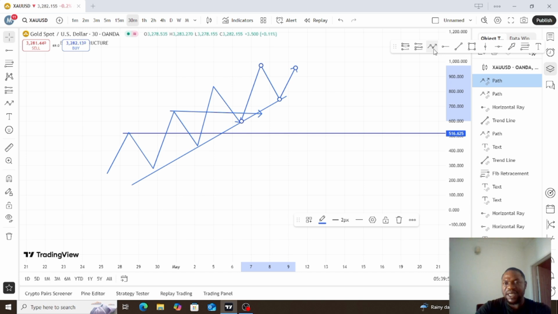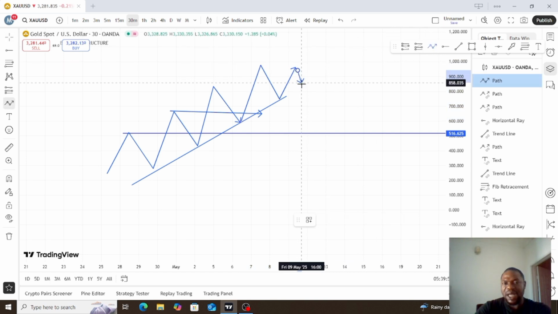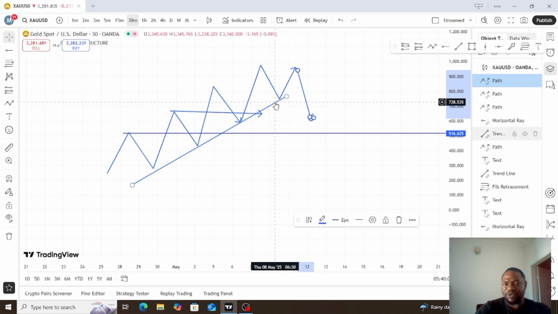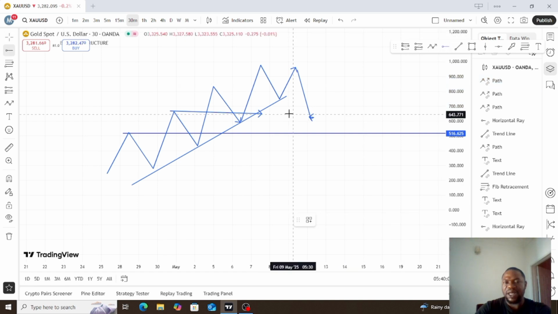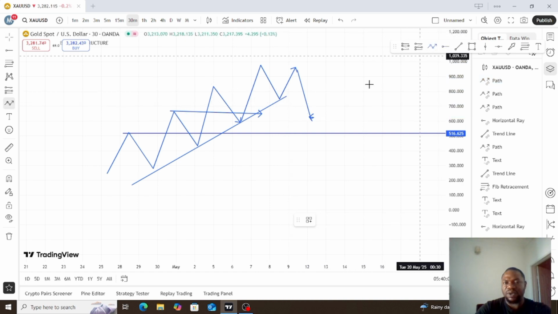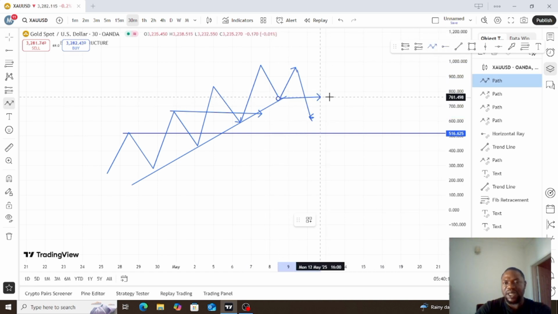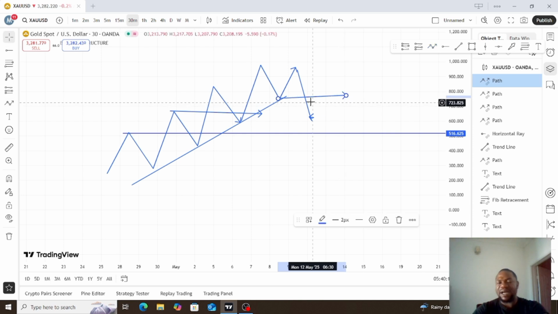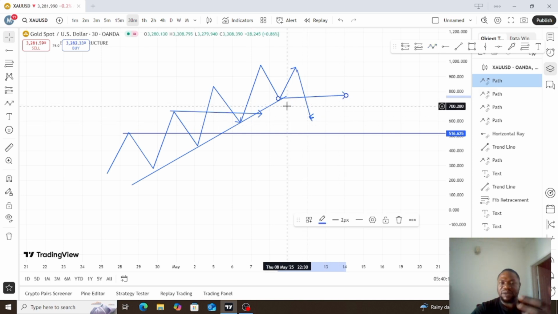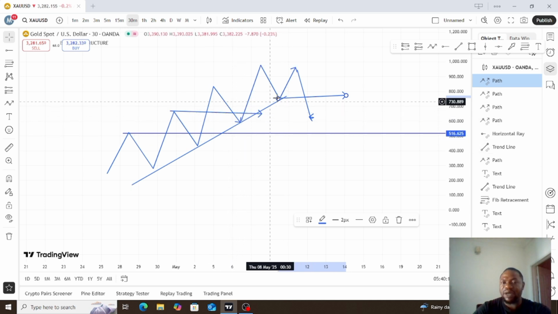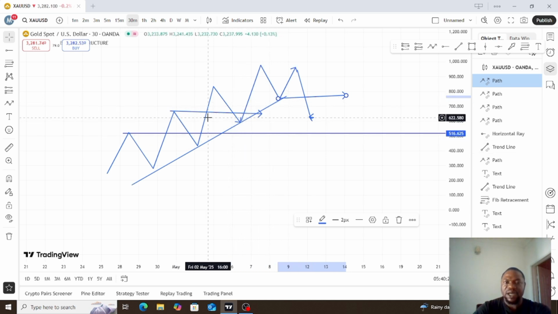What happens here is that the market starts coming down and then breaks the previous low that was formed here. Once this previous low is broken, then we look at the market as changing into a downtrend. But you can't identify that until we go to the next video, when I start telling you about downtrends or about change of market structure, and you understand what I'm saying. So for now, we'll be having